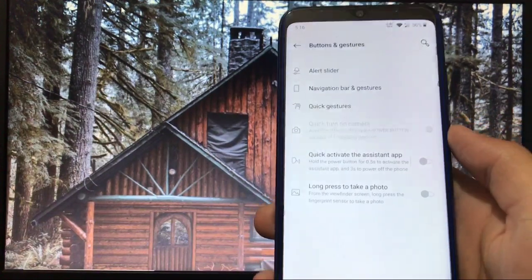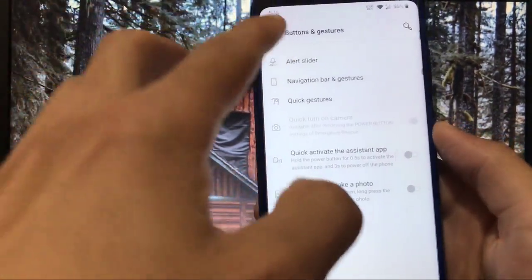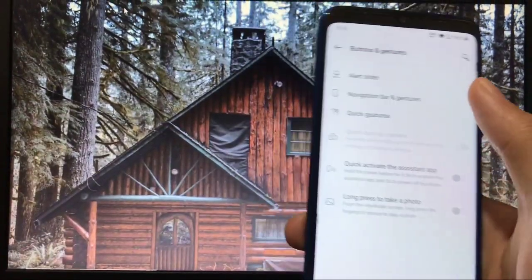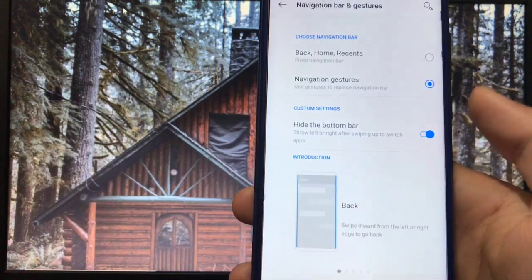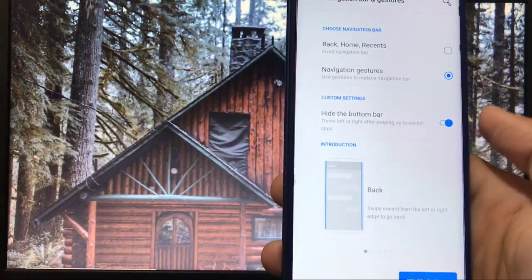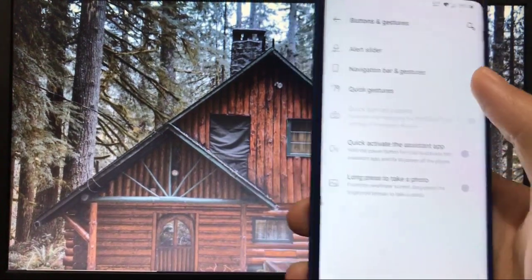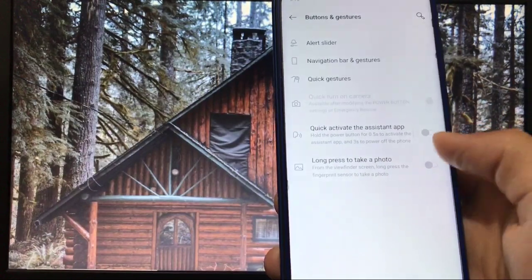And in buttons and gestures, as you can see, I'm using full screen gestures and the gestures are working without any issues. Alert slider is here, and in navigation bar and gestures, you have the option of using navigation gestures with hiding the bottom bar. I have chosen the hide the bottom bar option and it is working pretty great. And in quick gestures, you have the 3-finger screenshot gesture, that's another very good thing.